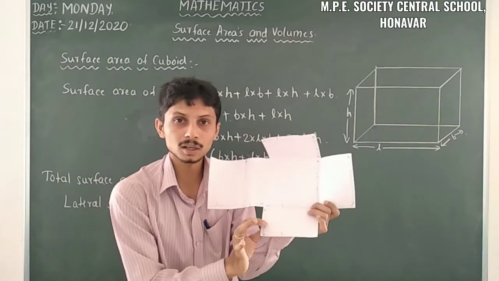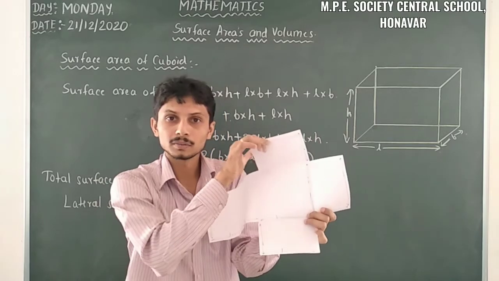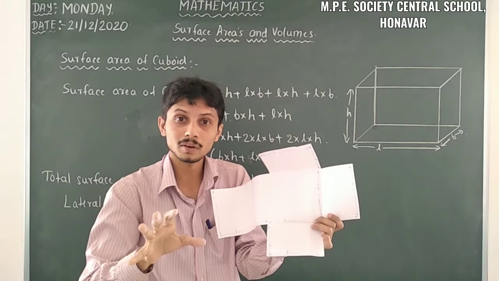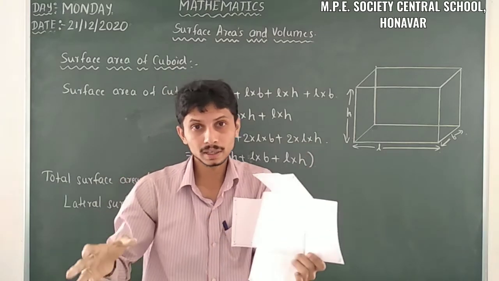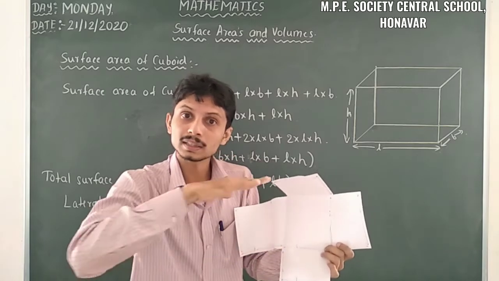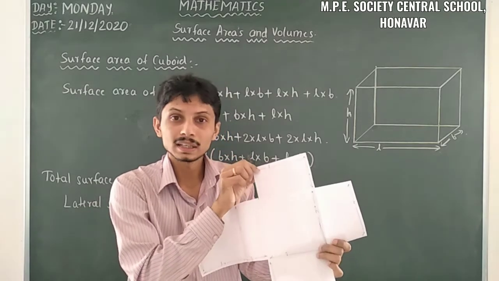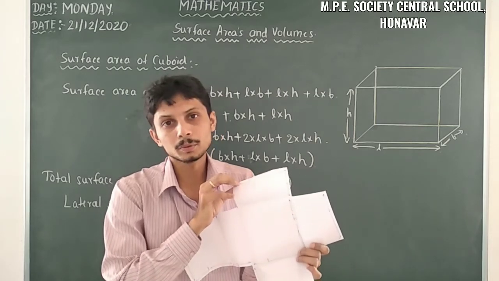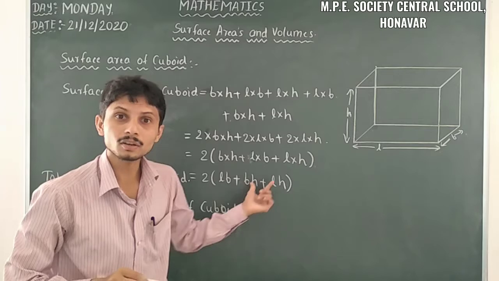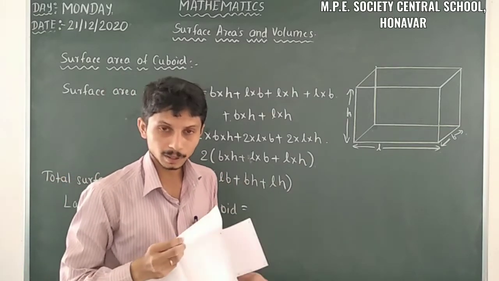That means here just observe. We have to neglect this L into B part. We have to neglect only L into B part. Whatever the situation we have in case of lateral surface area or any problems, when we have to take only the open part, that is the above part or the bottom part, we have to consider or neglect only L into B. So this one we have to decide whether we have to take or not. It's the only L into B part. So that's why be careful about those things.